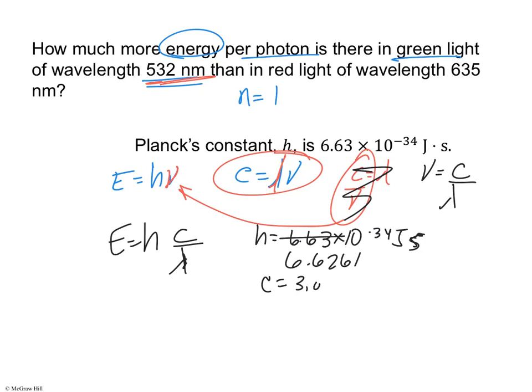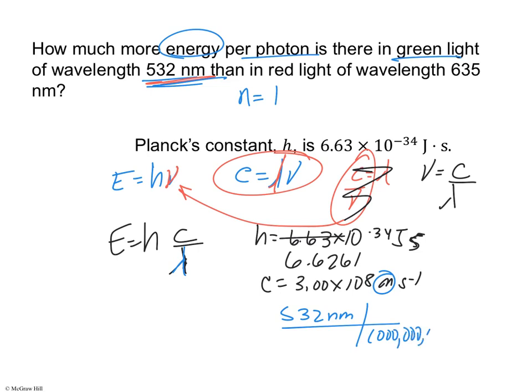C equals 3.00 times 10 to the 8th meters per second. And then here we want to make sure, once again, that our wavelength is in meters, not nanometers. So 532 nanometers divided by the 9 zeros into 1 meter, you get 0.000000532 meters. And so now you can do energy equals